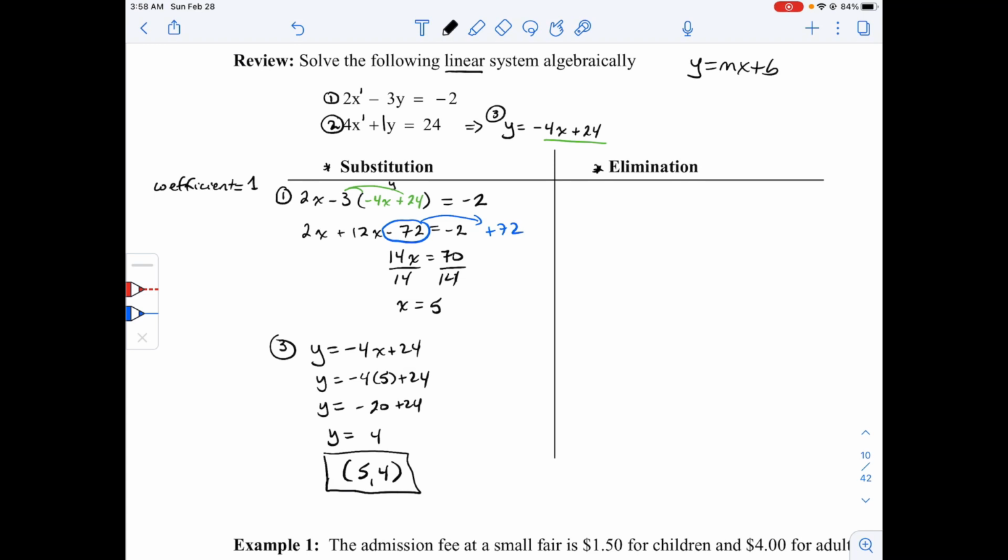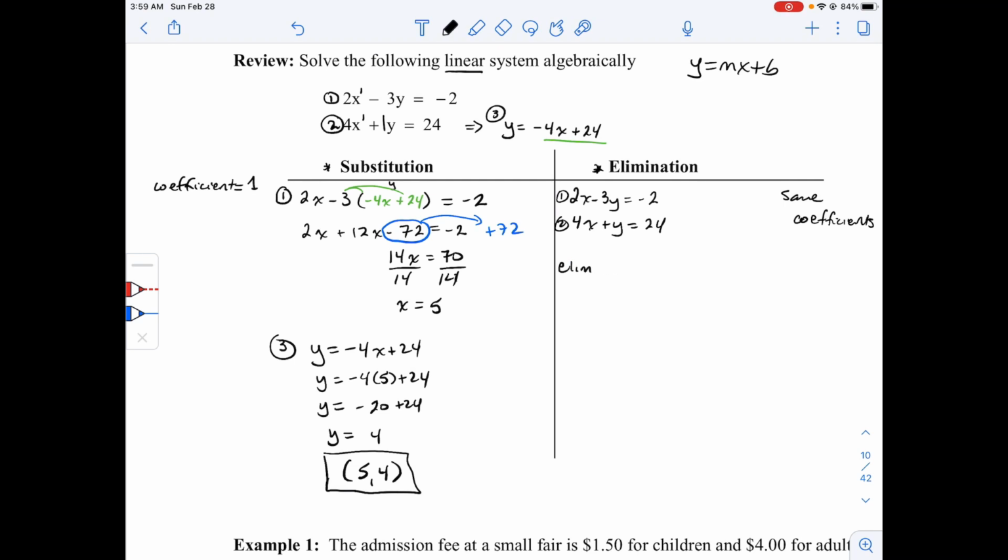And the method of elimination means we would line up our variables and we would have to create the same coefficients. So in order to do that, when I look at these two equations up above, we've got a 2x minus 3y equals negative 2, and we've got a 4x plus y equals 24. So I'm going to do this in two separate ways. The first way I'll do this is to eliminate our x's. So in order to eliminate the x's,